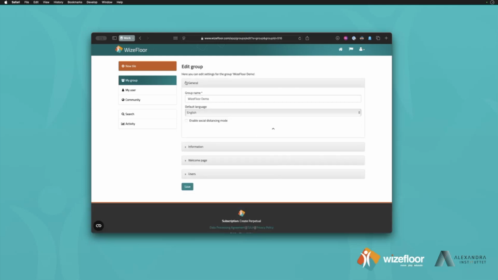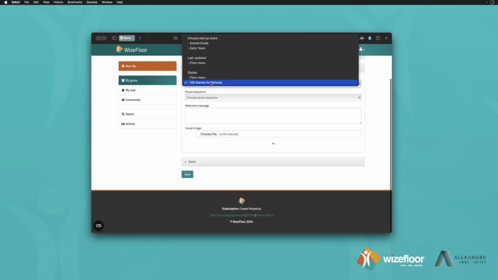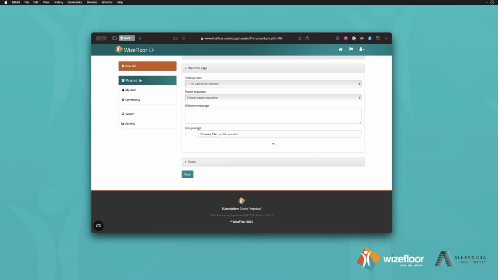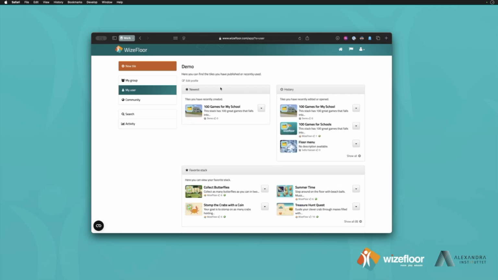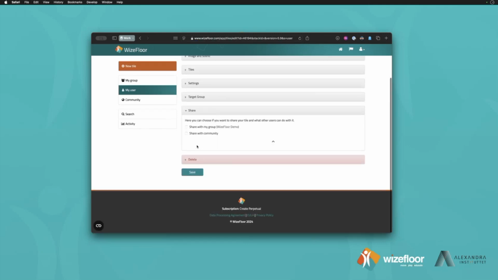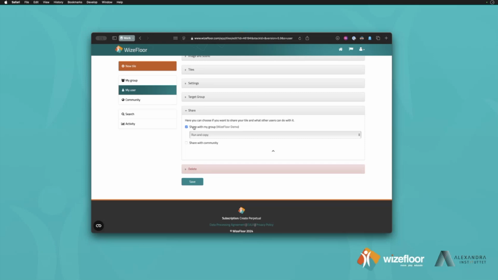So to set it as the default, I go into, let me see. I think it disappeared. Okay, sorry. I know what it is. Yeah. First of all, when you copy, then it's created for your user. You need to share it with your group first. I forgot that. So I go edit, and then you can go share, and then you say share with my group. That's important, because if you only have it on your private account, then others in your group can't see it. So if I press save here,